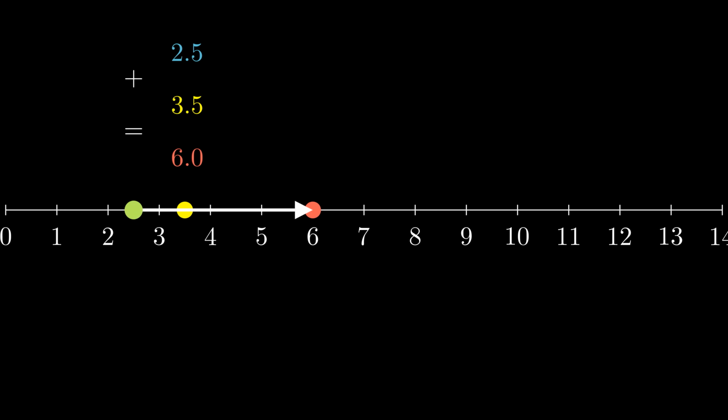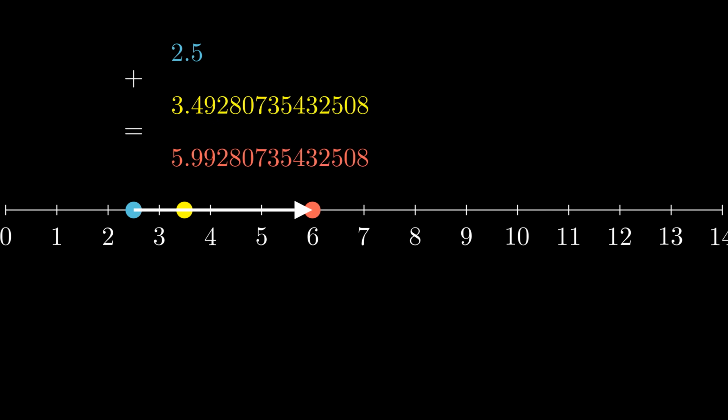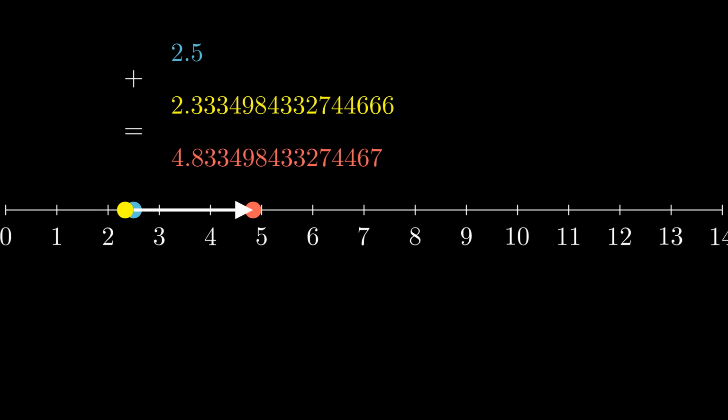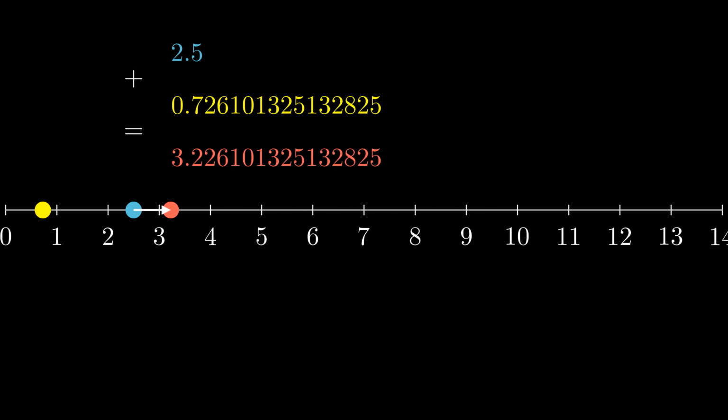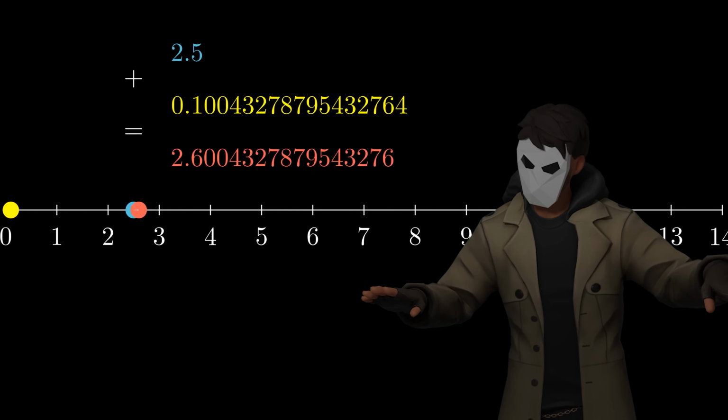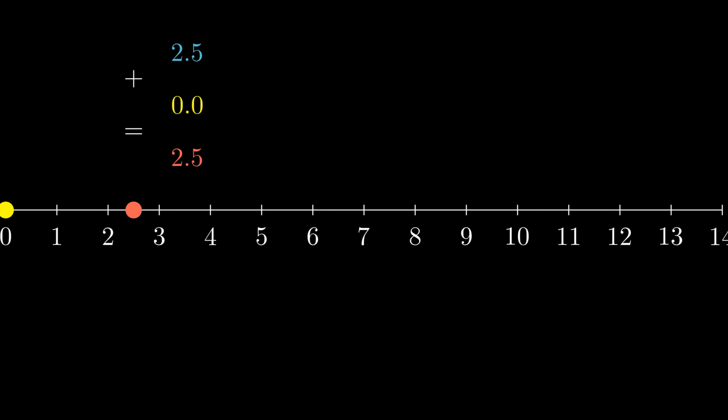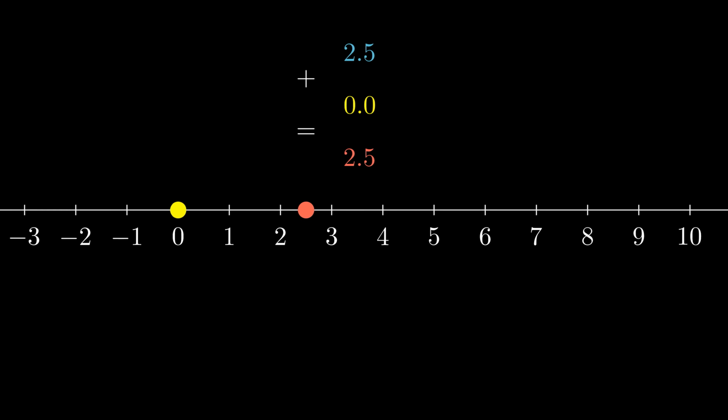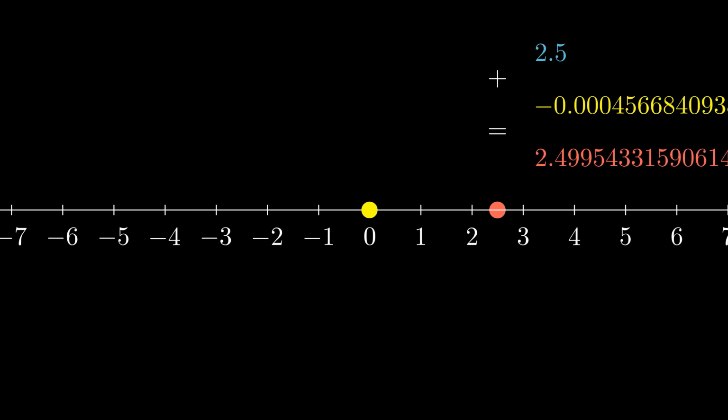You see, if we freeze the first point in place and just move around the second one, it would seem like the lower the number gets, the closer the arrow gets to pointing left. So what if, and just hear me out here, what if we were to add an additional number line, this time left from the 0? Well then, if we put the second point onto the other side, congratulations, we got the arrow to point left.